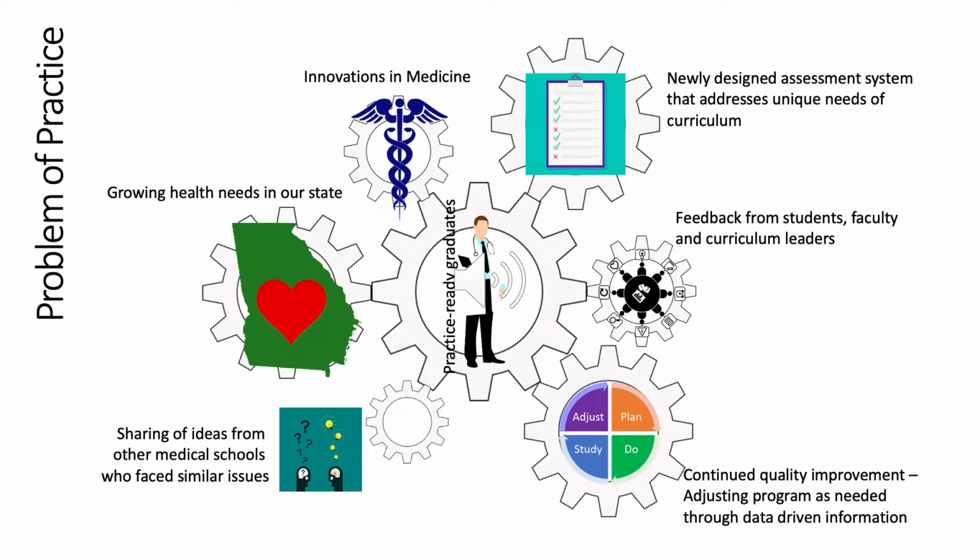So we worked to design the assessment system. It's a lot to do with continued quality improvement. We started an assessment subcommittee. We meet every 3 weeks, and we are going through every course, every clerkship first, as a general sweep to see where we currently are. And then we're going to dive in more to see whether these assessments are actually measuring what they're intended to. So that's the charge of the committee. And then a huge part of that is just feedback, so sending out surveys on a biannual basis to see if what we think we're doing, we are actually doing.